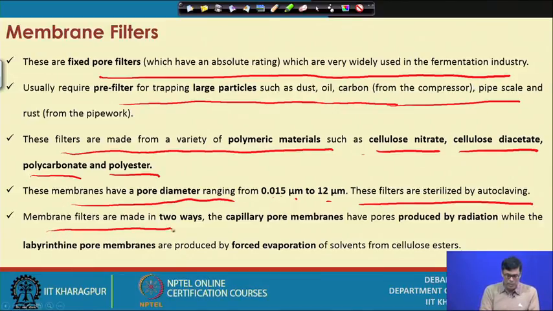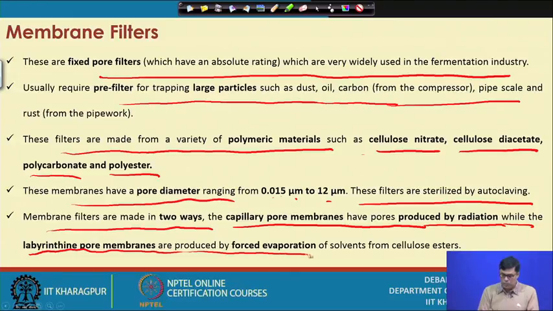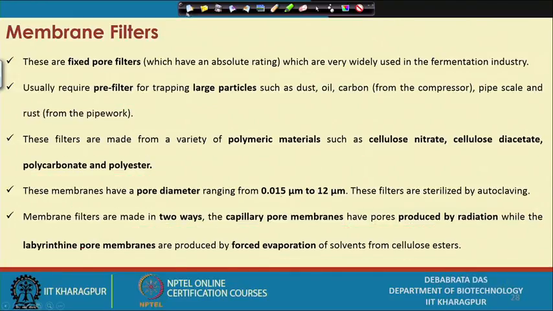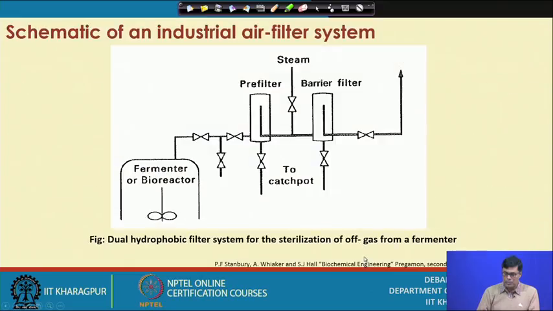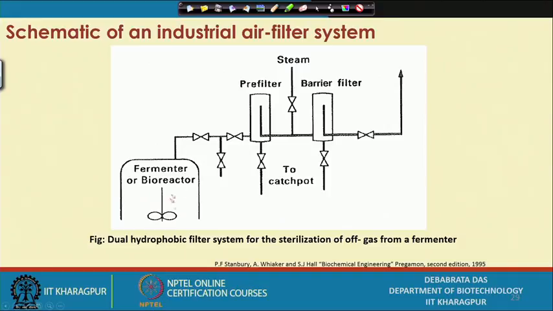The membrane filters are made in two ways. Capillary pore membranes have pores produced by radiation, while the Rabelais-Thin pored membranes are produced by forced evaporation of solvent from cellulose ester. So, the only problem is that the life of the membrane is very short. This is how the industry uses the filters: this is the fermenter, and we use some kind of pre-filter